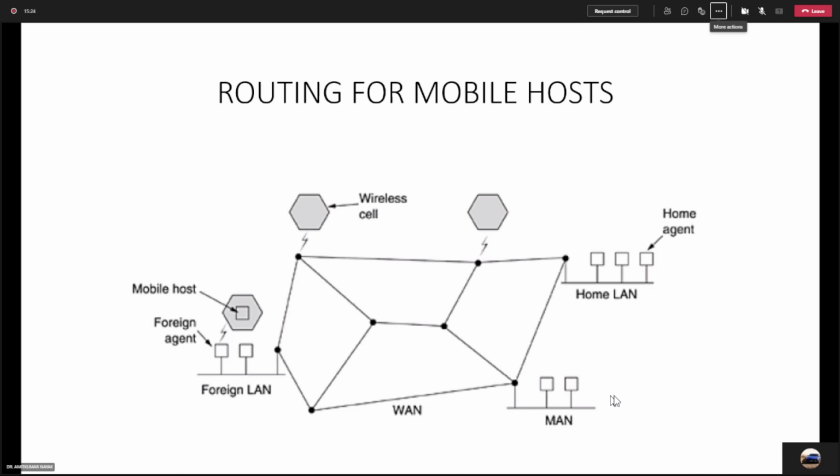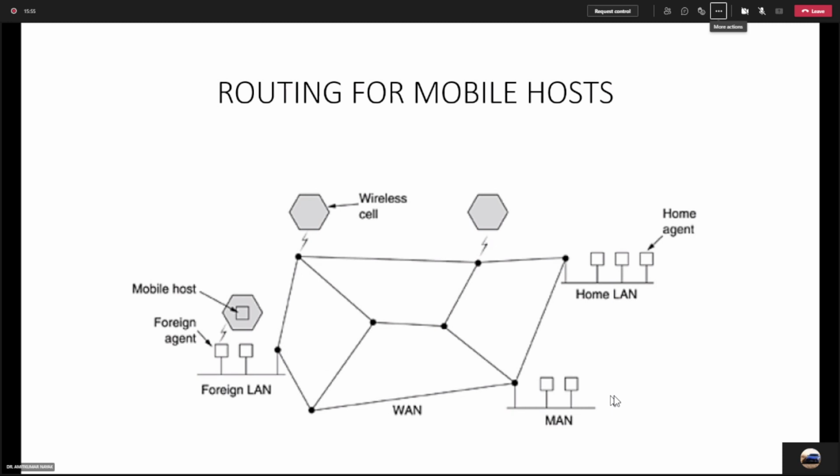But whenever you visit some other state, like Maharashtra, your origin is Gujarat. The SIM card belongs to Gujarat, but you have visited Maharashtra. So the Maharashtra network is known as a foreign network for you. In the foreign network, if you change your location from Gujarat to Maharashtra, connectivity should remain as it is.